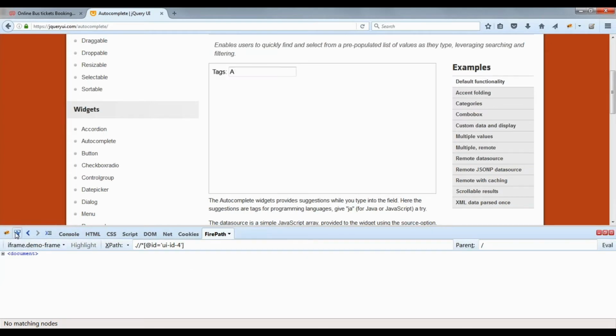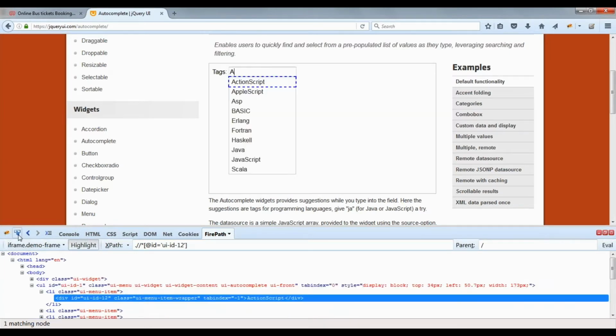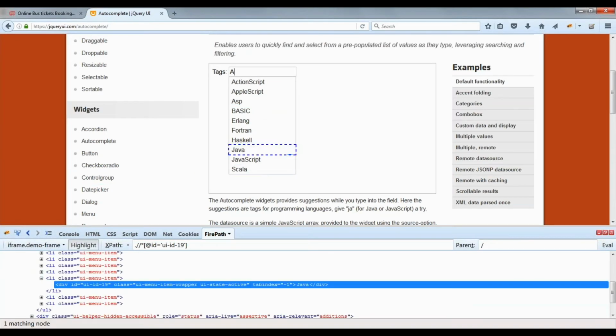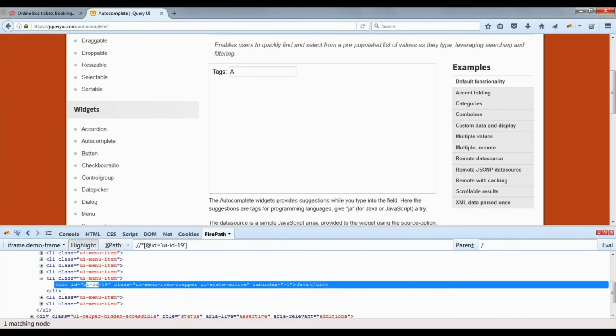It's not showing the values. Just a minute. If I put on this UIID, -19, the values are changing here. So I will directly consider these web elements where I have UI-ID. I don't want to go with this UL because each and every item has an ID, so I will consider these.